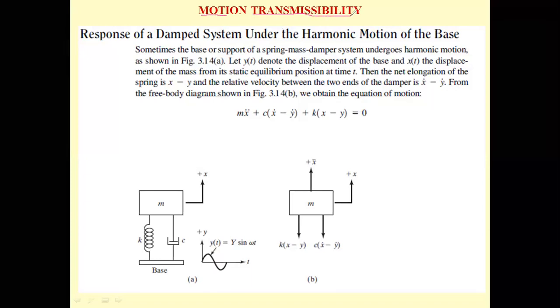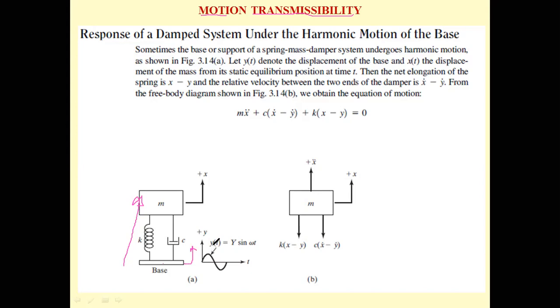In the last lecture we have seen the force transmissibility. So what is motion transmissibility? Motion transmissibility is when the motion is transmitted from the base of the machine or structure to the machine or instruments. So in this motion transmissibility, the base is excited by an